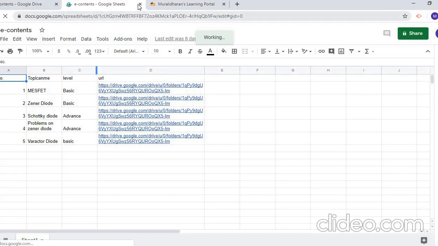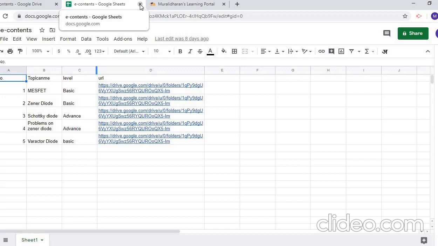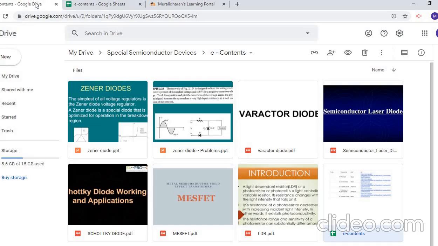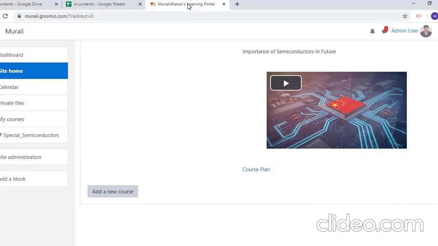If these are all the contents, either video or documents, we can keep them in your Google Drive and save them there, and then we can upload them. So first keep your contents ready, and then we can easily add the contents. Now again come to the Genomio website.